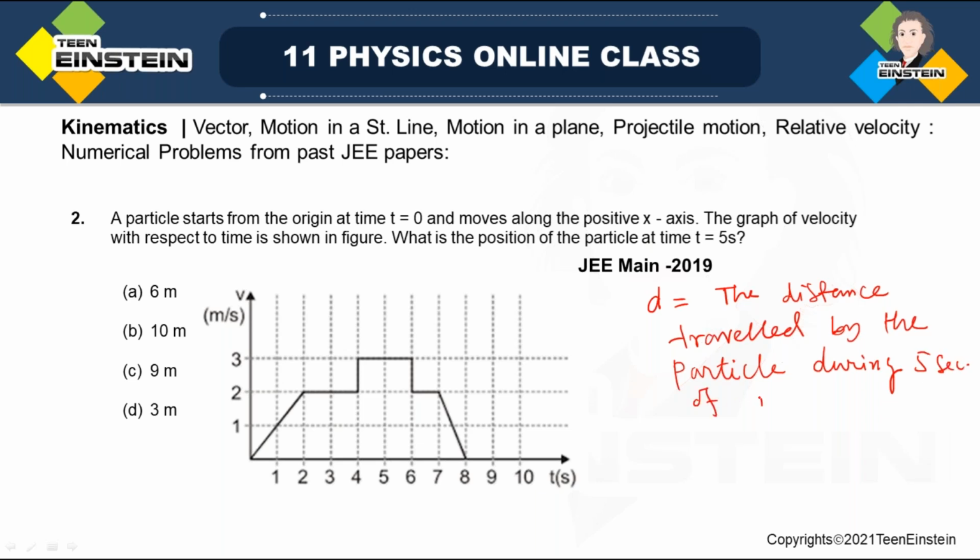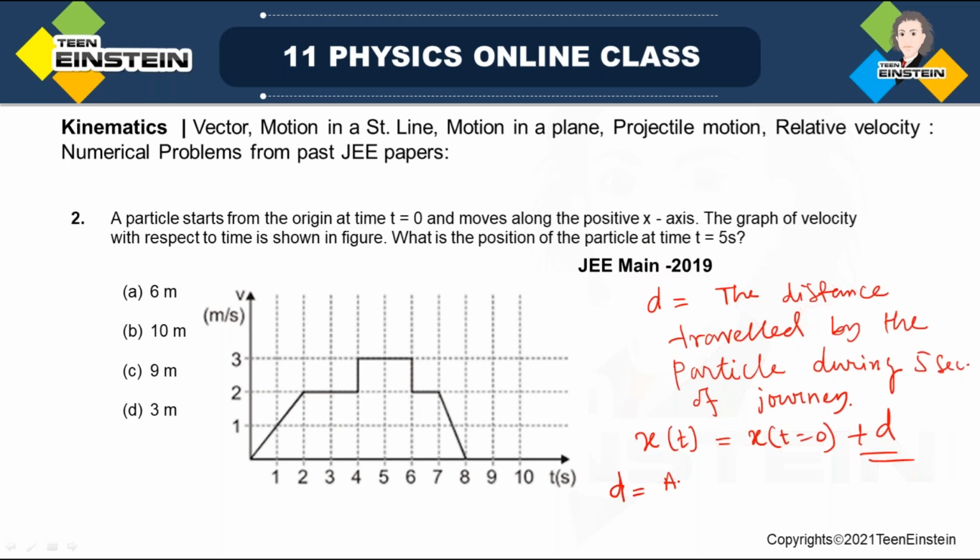Then x of t at any time t will be x of t is equal to 0 plus d. So this will be the position along the x-axis. So what is the distance? How do you find out distance from a graph? Actually, distance is